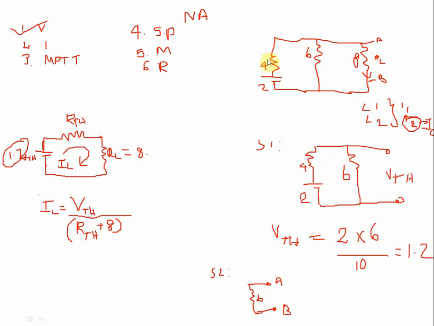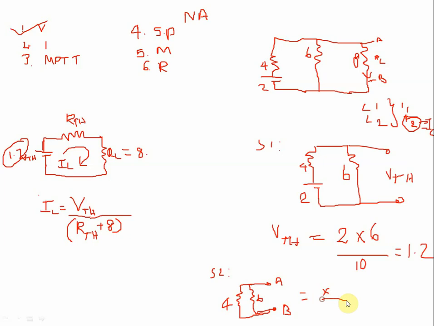Then here is a 4. The resistance is 4, followed by a voltage source. If it is a voltage source, then close the circuit. If it is a current source, open the circuit. So I will close it. The value written is 4. So 4 and 6, what kind of connection does it look like? It's a parallel connection.